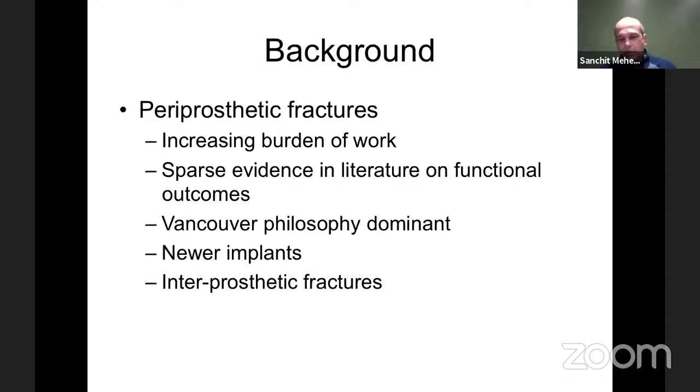And then the interprosthetic fractures. That's a separate problem. We have quite a few patients who have a hip replacement above, a revision knee prosthesis below, and then the bone fractures in the middle. And that's the difficult scenario. What do you do? Because you don't really have options of revising it. You either have to revise it to a total femoral replacement or something like that, or fix it. And even then, fixation is fairly challenging.